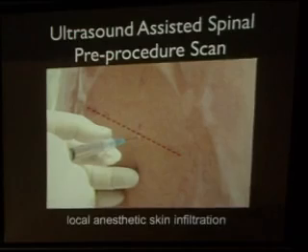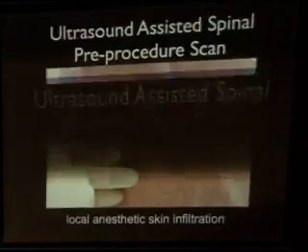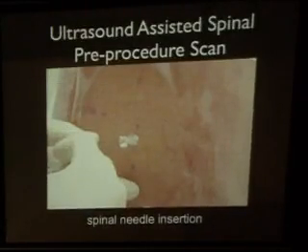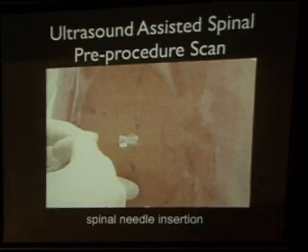So again, this is a guide. It's not going to be exactly precise, but if you can see a space there, that means there must be a space. If you cannot get it on the first and second attempt, it doesn't mean that you have to switch to another level because there is a space. It's just maybe you're off the midline a little bit.